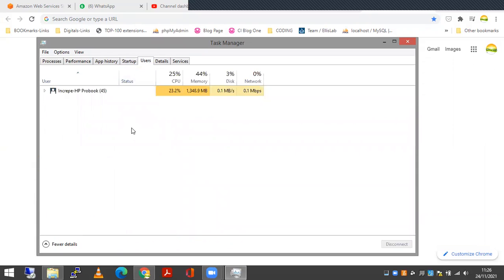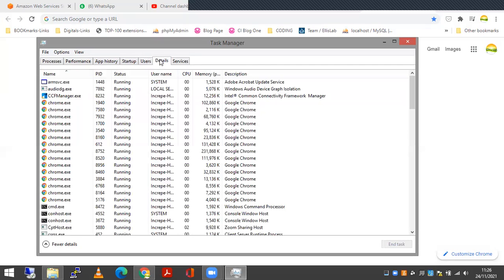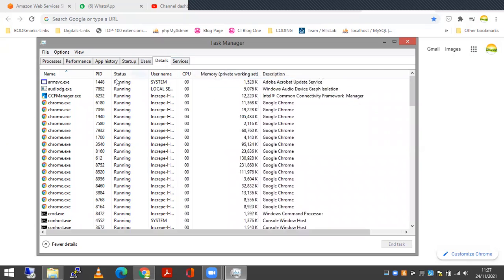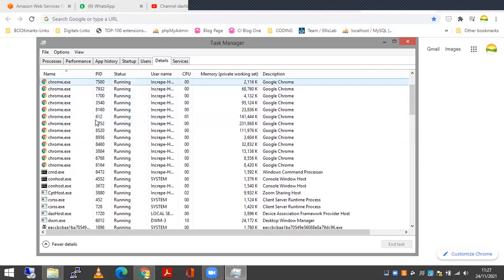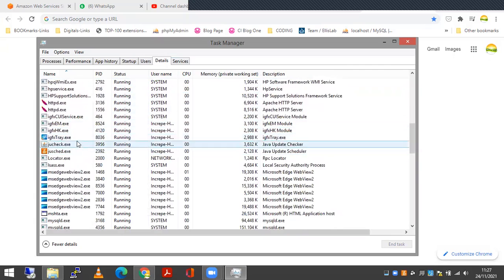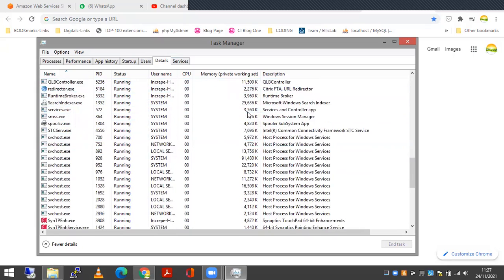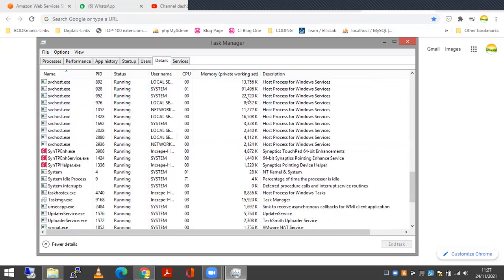After that, the Users tab: if multiple users are accessing this server or desktop, you can see the usernames here. Now in the Details tab we can see the processes or applications that are running, all exes, and how much memory they are consuming from this column.